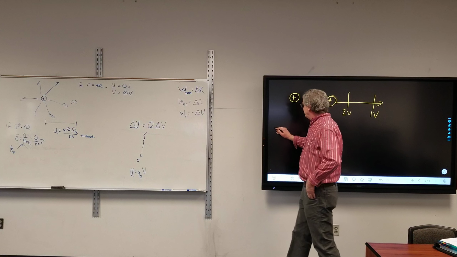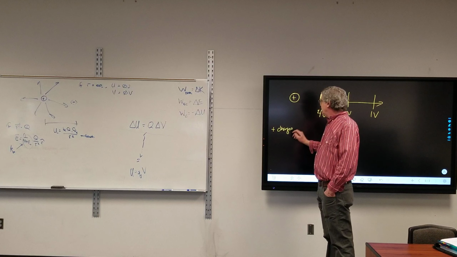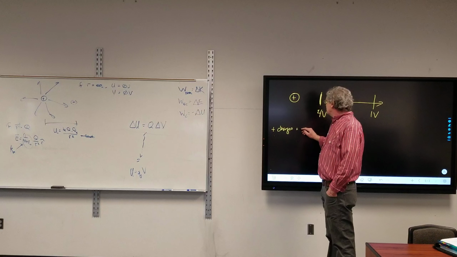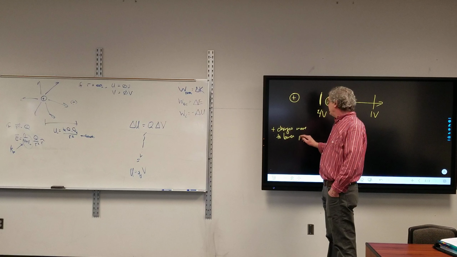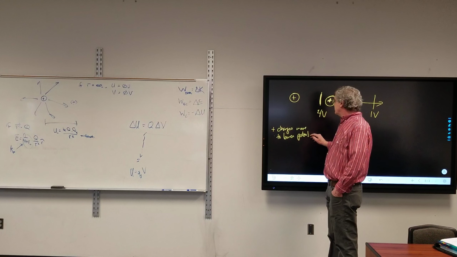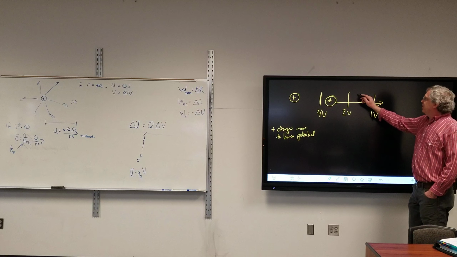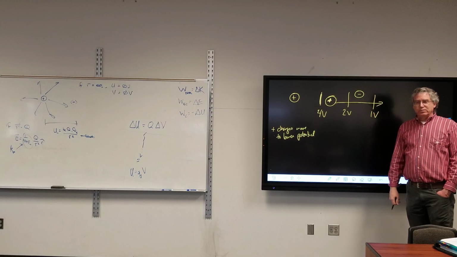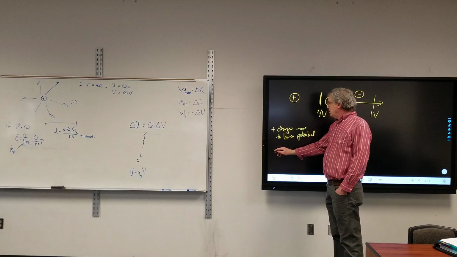So positive charges move to lower potential. This is not potential energy, this is just potential. If I put an electron here, which way is the electron going to go? The opposite, up current. All right. Negative charges